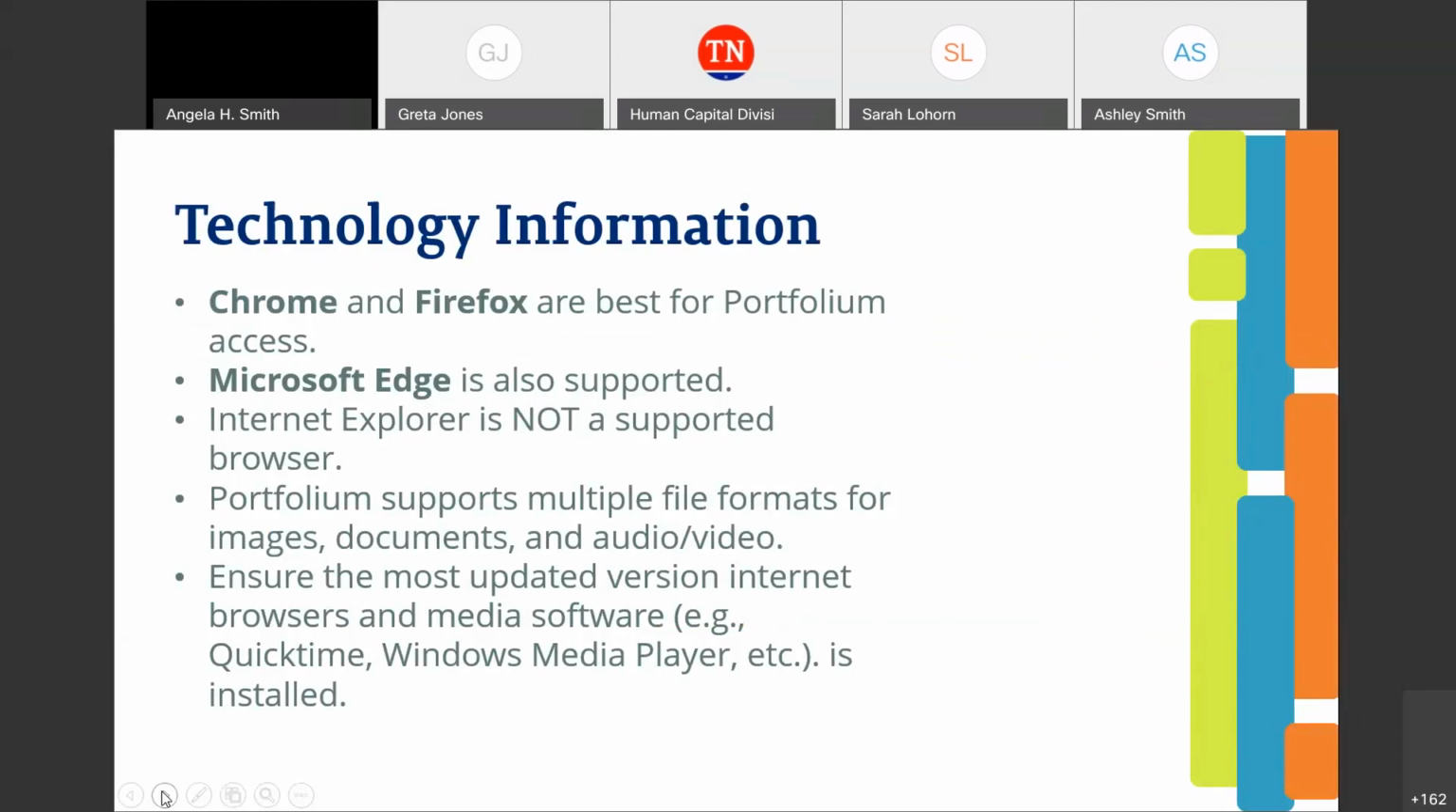Before we dive into the platform itself, let's discuss technology requirements. Chrome and Firefox are the best browsers for Portfolium access. However, Microsoft Edge is also supported. It is advised to not use Internet Explorer because it is not a supported browser. Portfolium